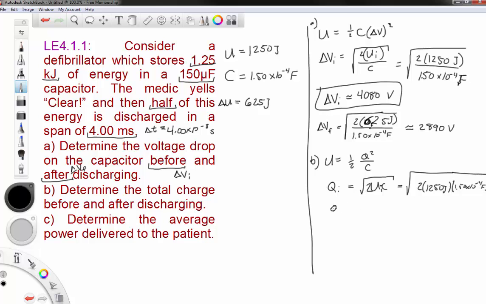So therefore the initial charge that is stored on the capacitor is about 0.61237,